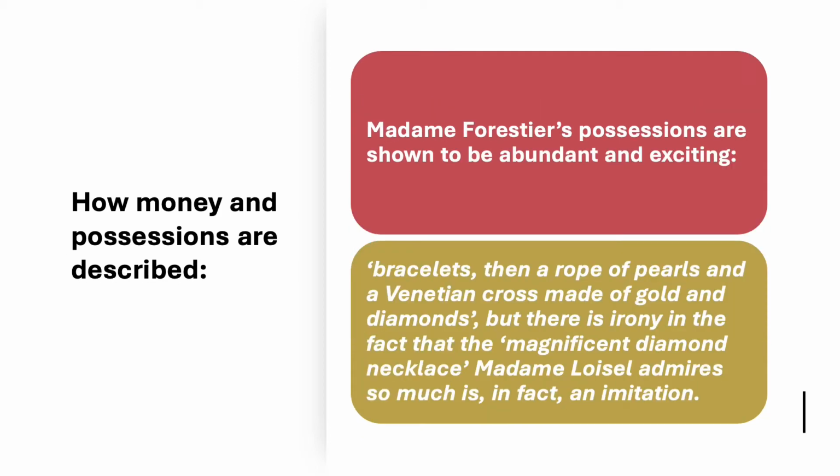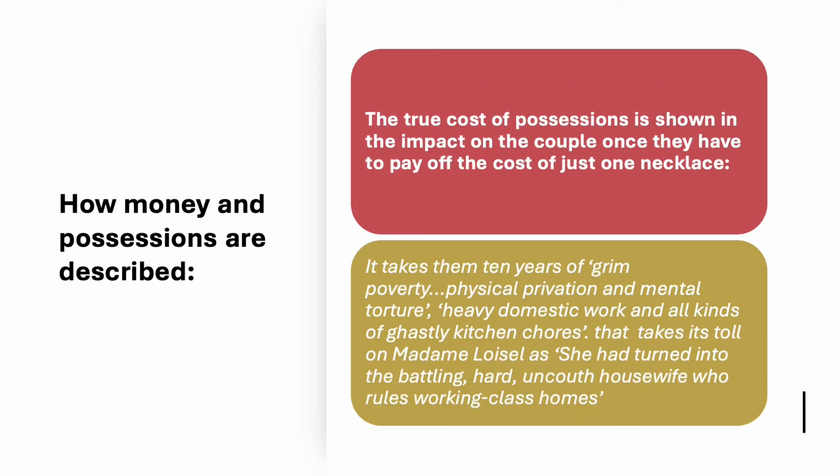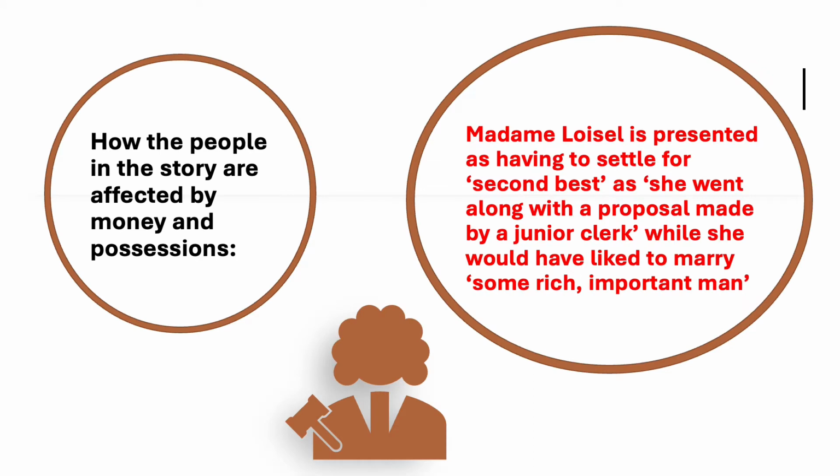By using a contrast to Mathilde's poverty, Madame Loisel's gold and diamond jewelry are brought out. Mathilde's appearance at the party with rich jewelry and the expensive dress reflects her feeling of ecstasy and confidence that leads her to be the most sought after and the most outstanding guest at the party. And then Madame Loisel's transformation into a working class woman in order to pay the price for her vanity displays how money impacts the physical appearance and good looks of a person. Those are the points for the first guideline.